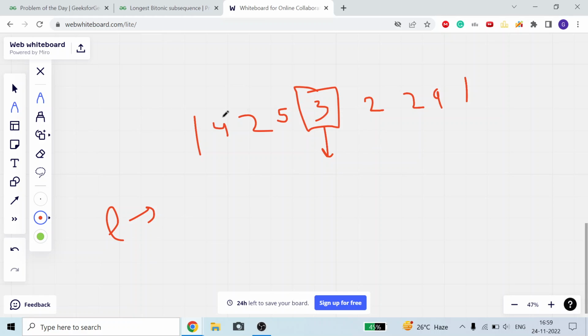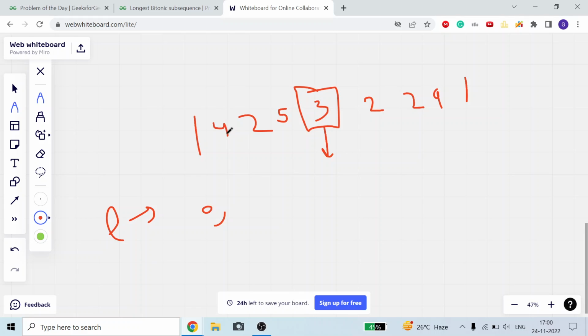Okay, I will just handle the left part, and for the left part I know the whole number should be less than 3. Okay guys, so I will find out the maximum length of the bitonic sequence that will contain the maximum number of elements. Like here for 3, okay, so we will start from 1. For 1, the maximum length of a bitonic sequence containing elements less than 1 is 0. Okay, it will be 0. Why 0? Because before 1 we do not have any element.